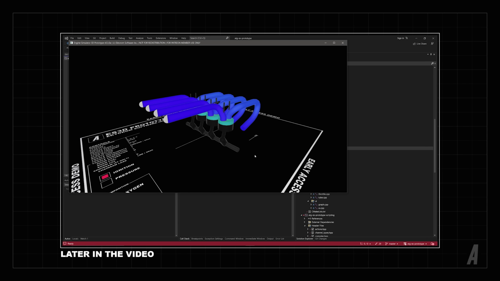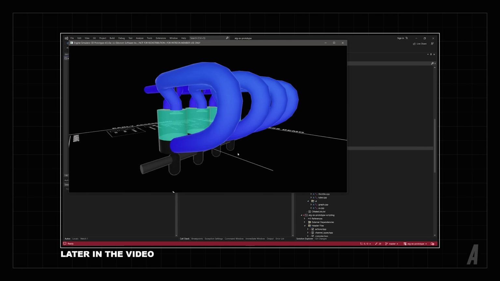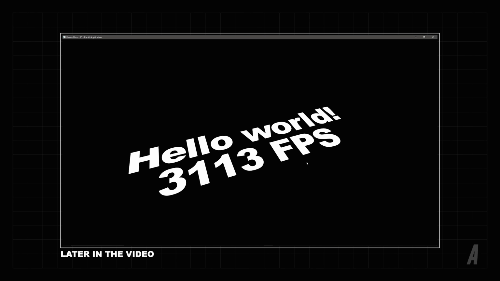Hey, what's up guys? Today we're testing out some multi-cylinder engines and making performance optimizations to Engine Simulator's new fluid